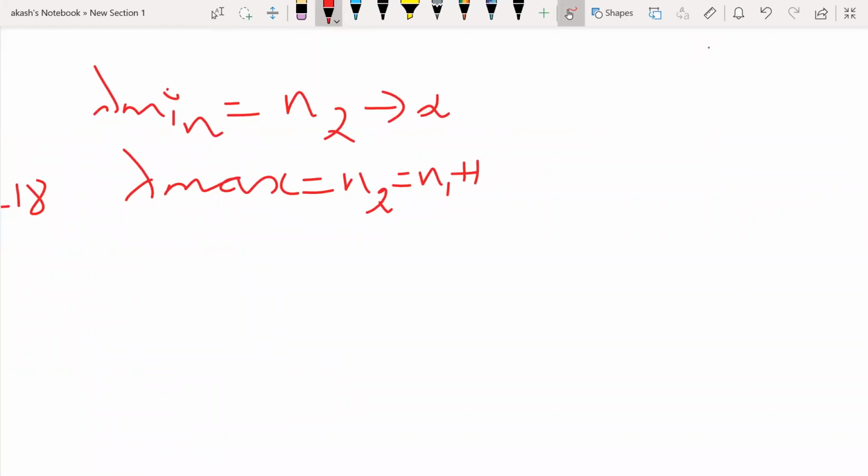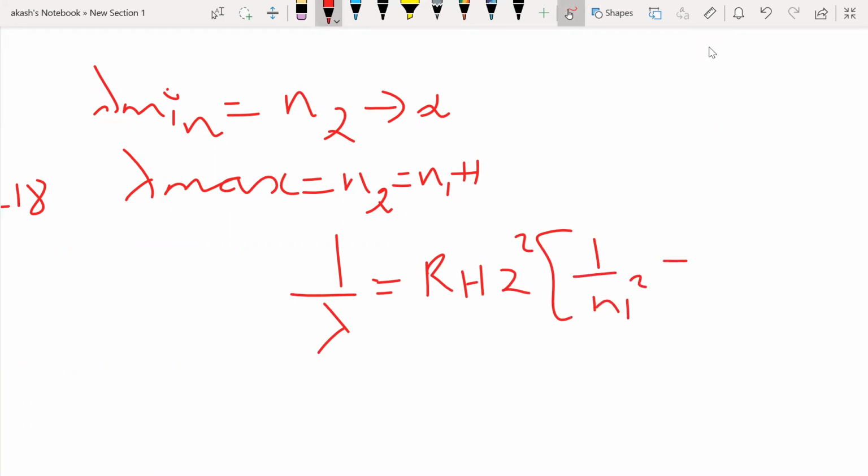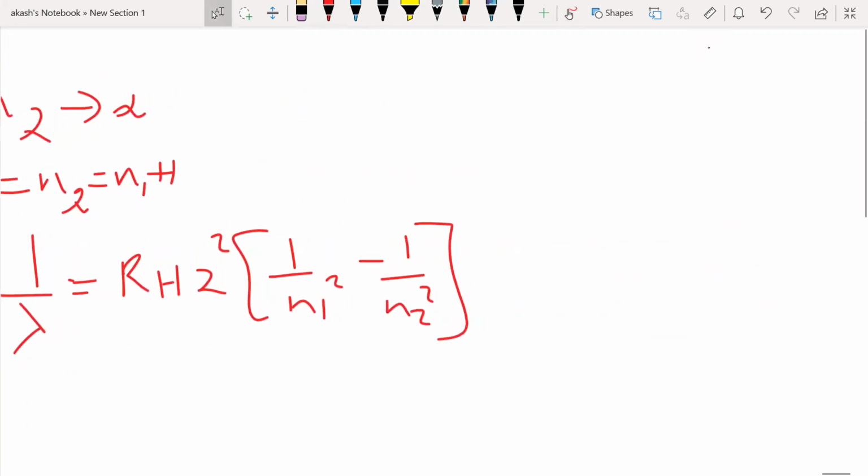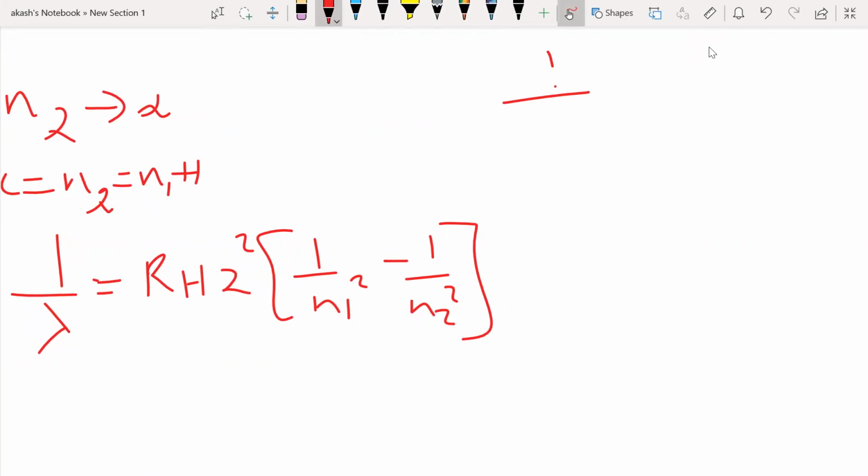Right. So we are talking about minimum lambda for a hydrogen atom. Okay, first let me write the equation. So it's 1 by lambda is equal to RH Z squared into 1 by n1 squared minus 1 by n2 squared. That's it. This is the formula. Okay, so let me write it as 1 by lambda minimum for hydrogen, right? Now that is given as x, or not, it's given as 1 by x. Lambda value is given, so it's 1 by x.